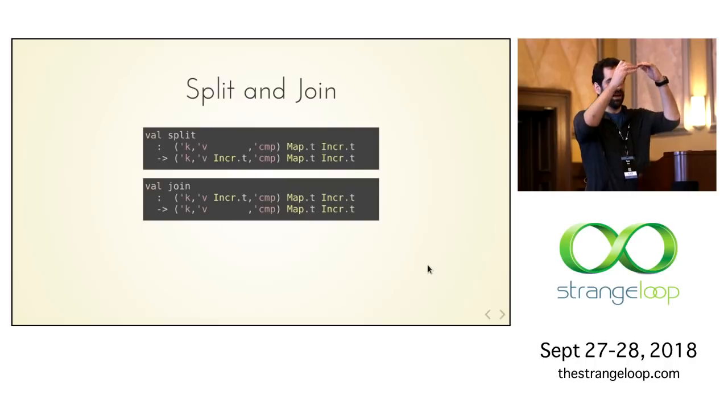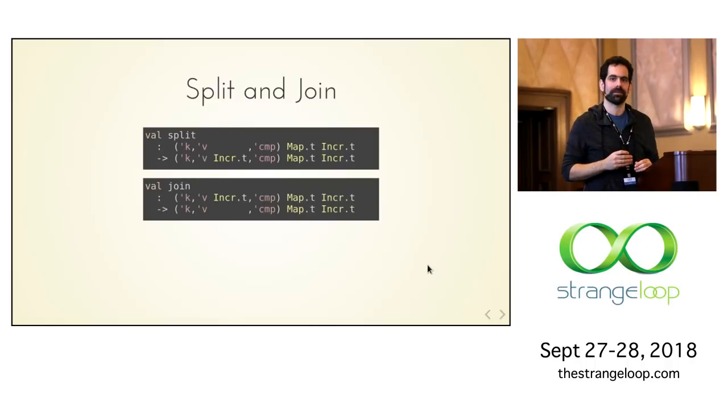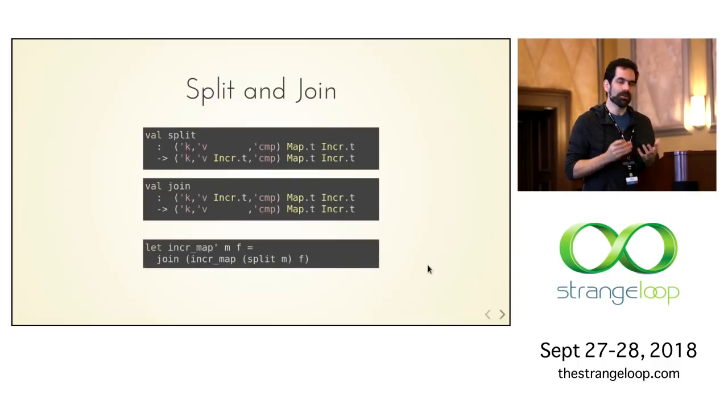It just takes a 2-level incremental map and flattens it into a 1-level incremental map. And then, joyously, incremap prime is just written like this. We split, we incremap, we join. And that gives us this richer structure right there. And you can build incremap prime that way, and you can build a whole bunch of different operations in the